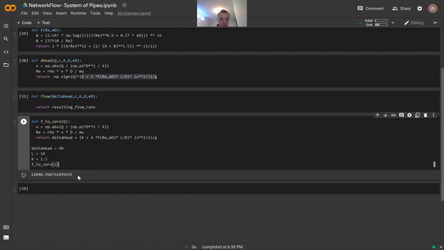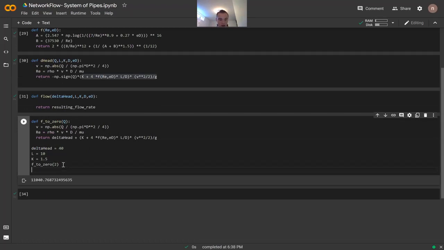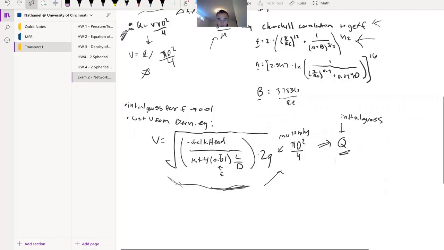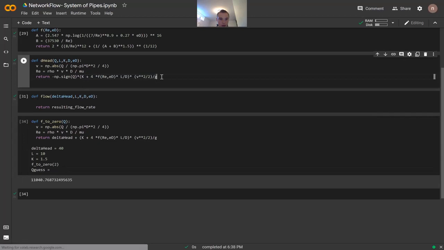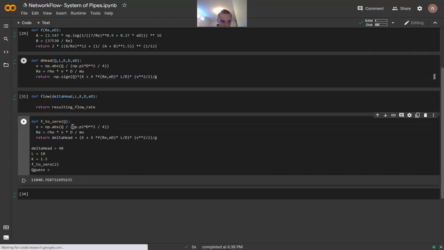So now we go back over to our network flow, and we can say that our initial guess for Q, we can call it Q guess, will be equal to this equation right here. This will be our initial guess for Q, so we can go ahead and put that in there. So we have our Q guess, that will be np.pi, so we can go back in here and just copy and paste that so we don't make any silly errors. So np.pi